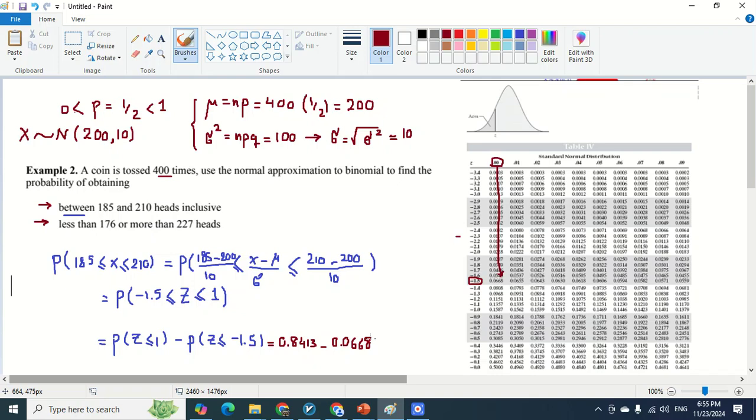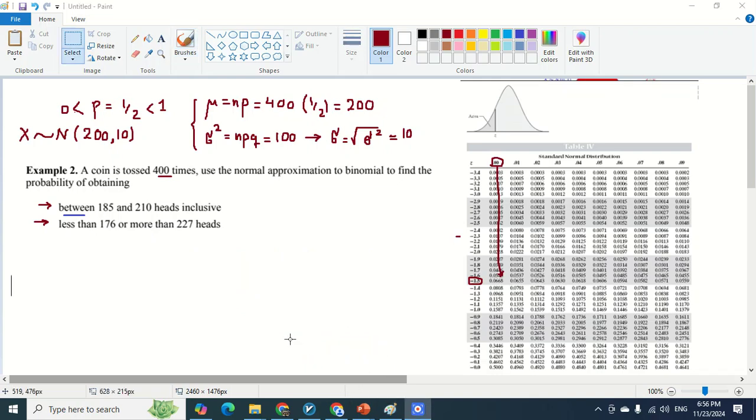Right now we have the second part of the question as well. In the second part of the question, they ask you to calculate the probability of less than 176 or more than 227 heads. So over here you may calculate the complementary of this probability, or you can solve it directly from the case. If I want to rewrite that expression, I can rewrite it as follows: the probability of the number of heads, which is denoted by x, being less than 176,